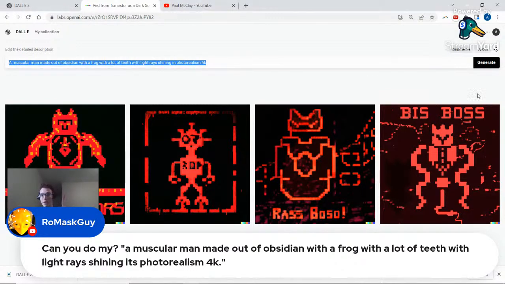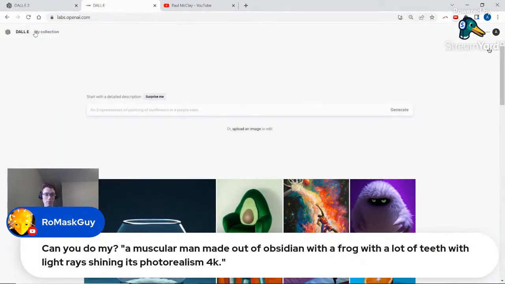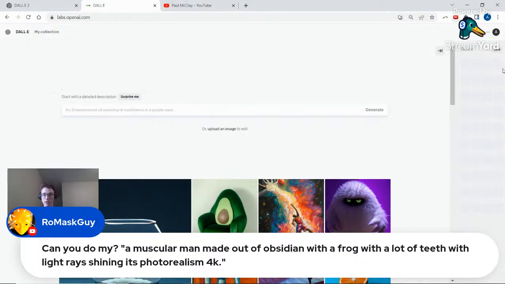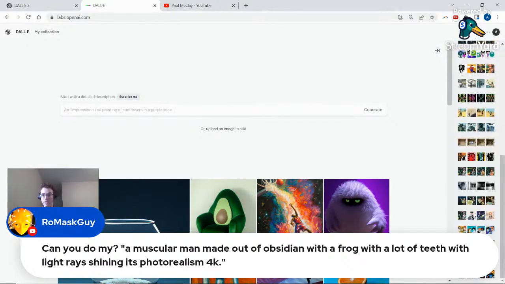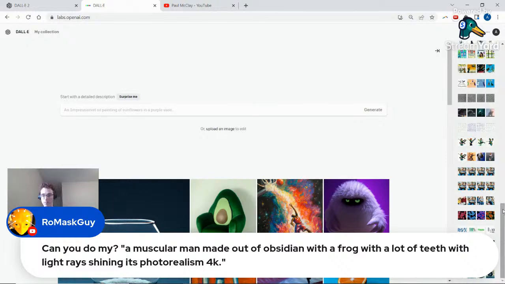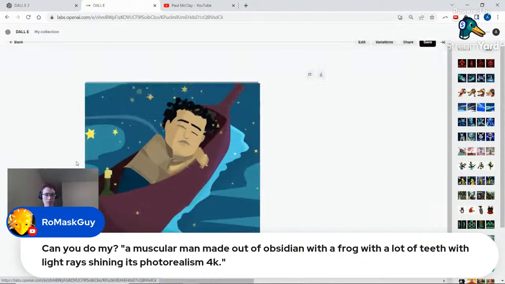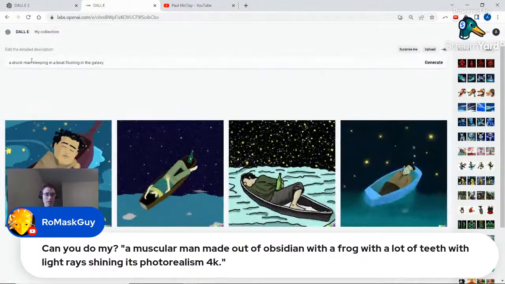And before we do that, I'm going to show another of the last few from my collection, and I'll hit save just in case I haven't. This one was really good. A drunk man sleeping in a boat, and then we spelled floating wrong, fluting in the galaxy.